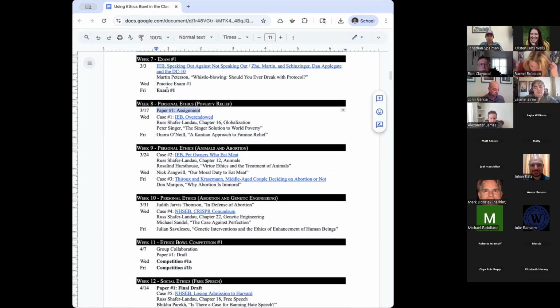Another thing that's really important that we do at this point is we divide the students into different groups. Initially, we let them sit where they want and they have chats and discussions with the people around them. But at this point, I think it's important that the groups are relatively evenly matched. So let's back up a little bit. Our goal here is to get the students competing in an ethics bowl and thinking through the issues, talking with one another, doing all the things that we love about the ethics bowl in general. And I don't want some groups to feel like we're just going to get crushed and have no hope.